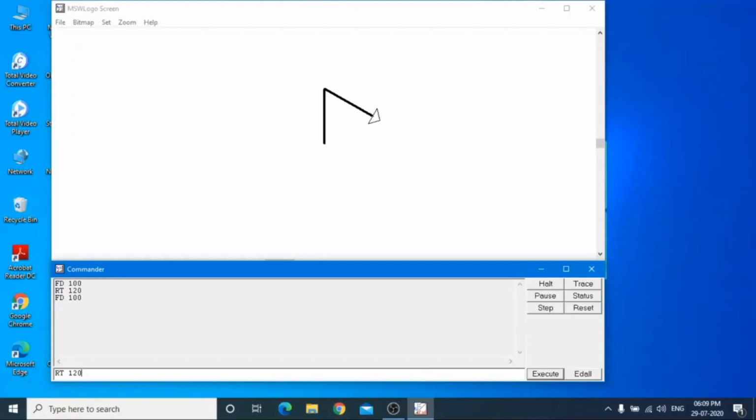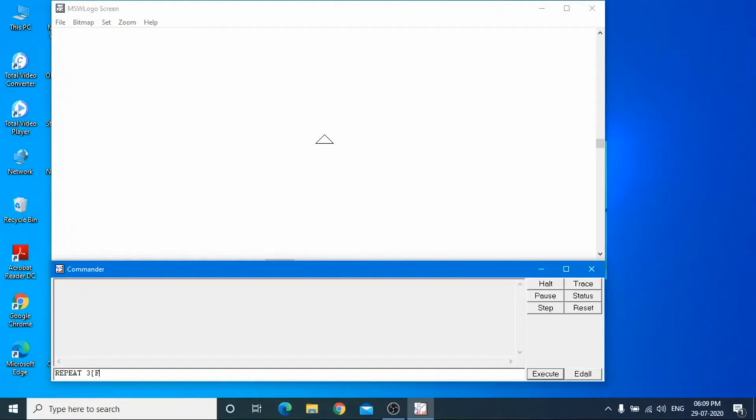Now we are going to make the triangle using the repeat command. For that, REPEAT. The triangle has how many sides? 3. So we will write here 3. Then the opening square bracket, and then you write the command that you want to repeat. FD 100, or if you want to make a bigger triangle, write FD 200, and then either you can take a left turn or a right turn.